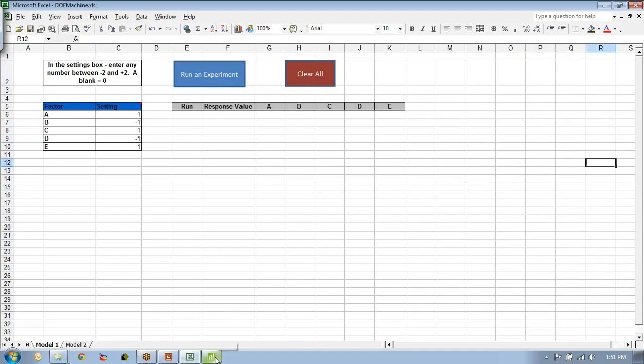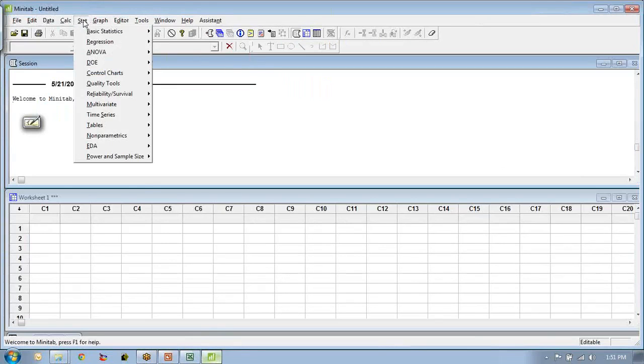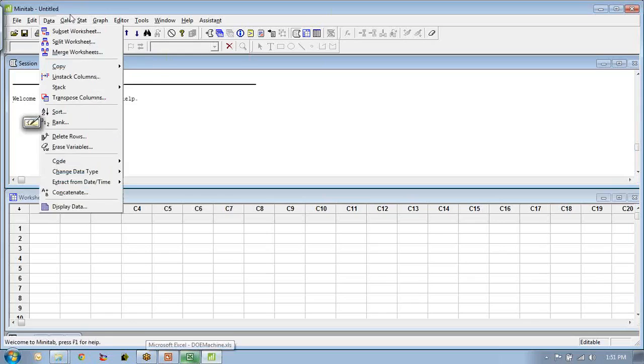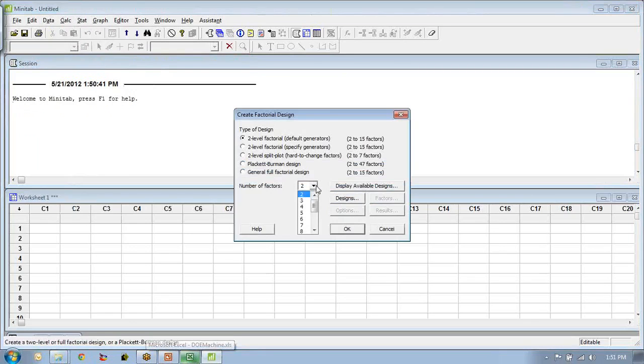We'll just go ahead and do this in Minitab. So 5 factors. I want to run an experiment to crack the code as to what the formula for this is. Maybe one way to do it would be to run a factorial design. I have 5 factors,